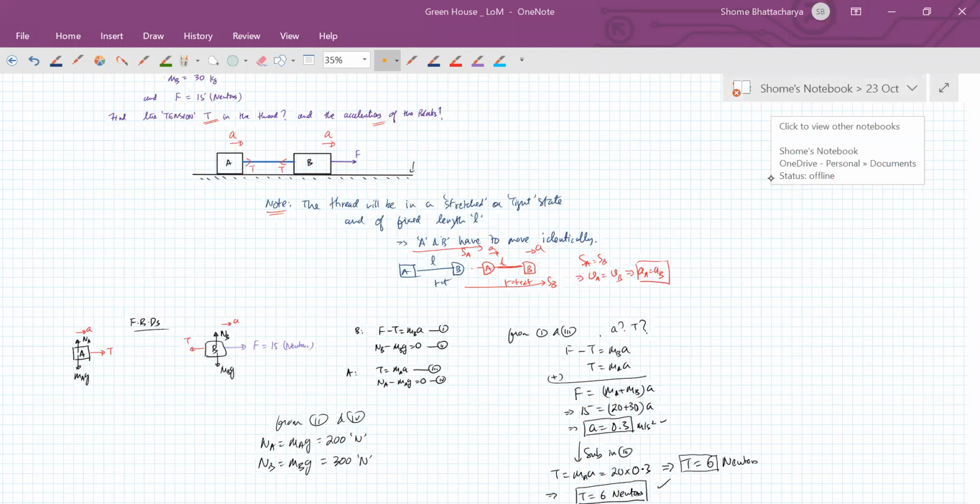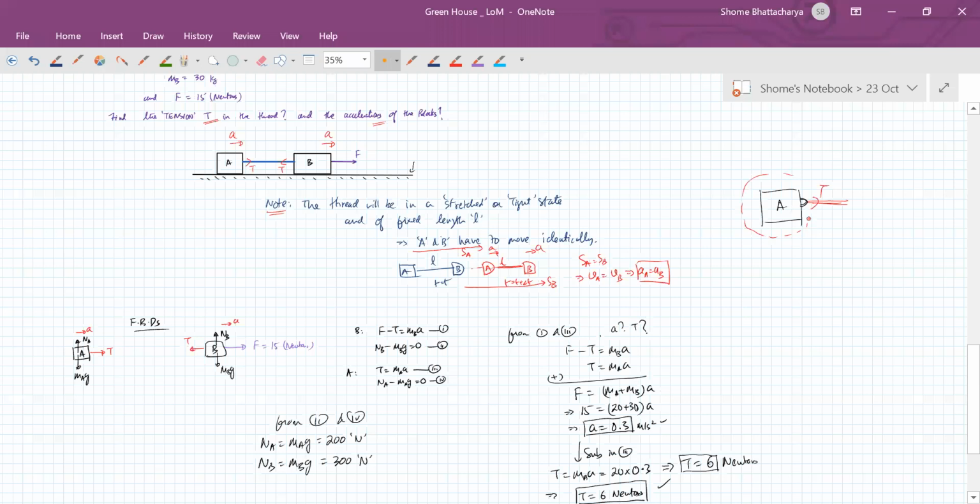Got it, na? So obviously what's happening, see, is on the block A there must be some kind of nail or hook or something like this attached here, and there is the thread attached. So the thread is pulling that with a tension T. So whatever nail or hook is there, you are including that in your free body diagram of A. And similarly on the other side for B also, same thing, there is a hook or thread or something like this. So this thread is applying a backward tension on that hook.